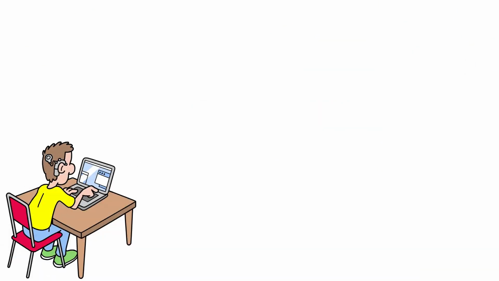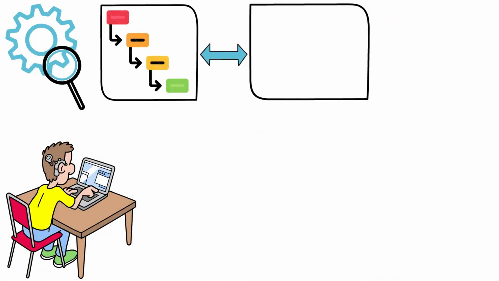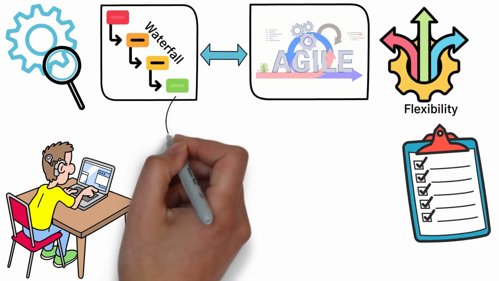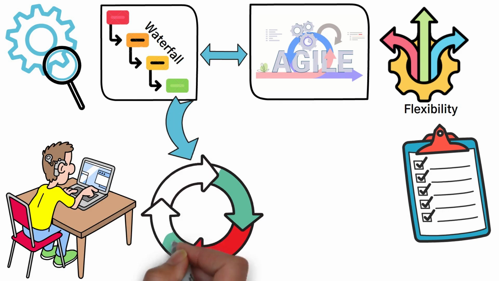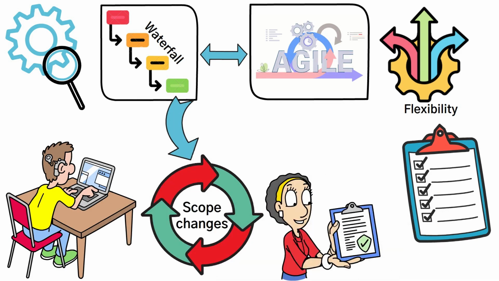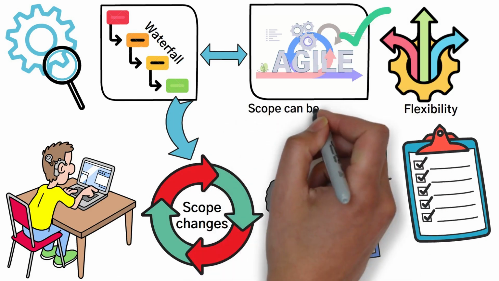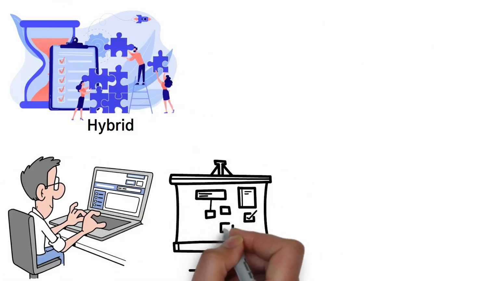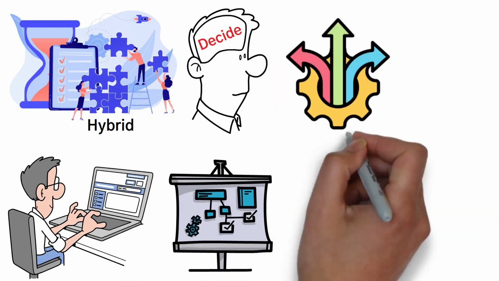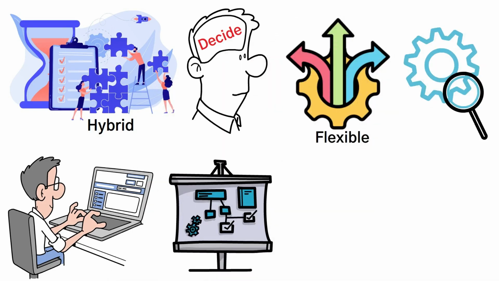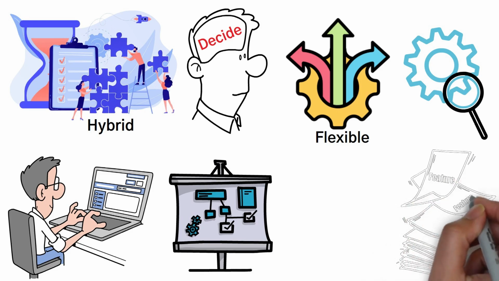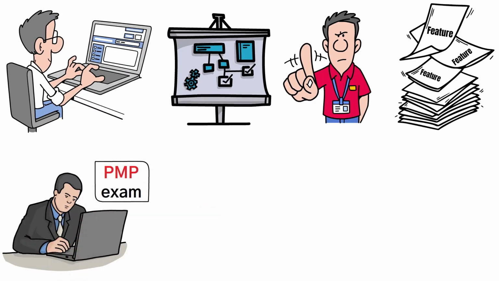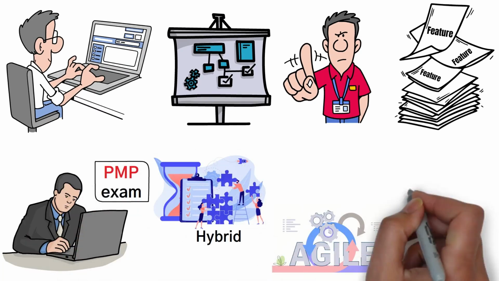The project manager must strike a balance between the strict scope control of Waterfall and the flexibility of Agile. For instance, during the requirements gathering phase, which may follow a Waterfall approach, scope changes must go through formal approvals. But during development, which may be Agile, scope can be more fluid. In hybrid, the project manager needs to adapt their approach depending on the phase of the project. They must decide when to be flexible and when to enforce strict scope control. This balancing act is critical to ensuring that scope creep doesn't derail the project. For the PMP exam, know that hybrid requires a blend of Agile's flexibility and Waterfall's control when